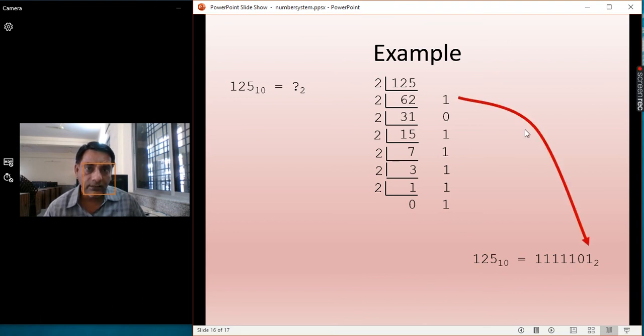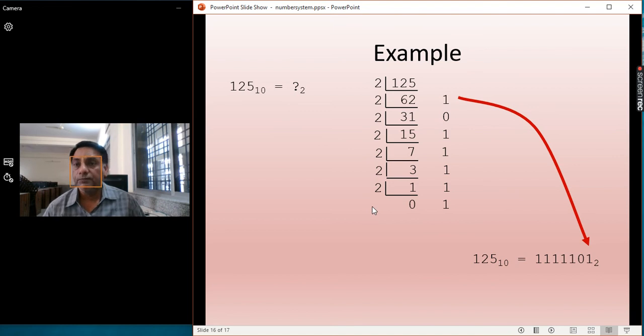So that is how the conversion takes place. This is the decimal number 125, and this decimal number's equivalent binary number is 111101, represented with the base 2 as usual. This representation with 2 actually denotes a binary number, and here 125 is the decimal number, and this decimal number is represented with base 10. That shows the decimal number.